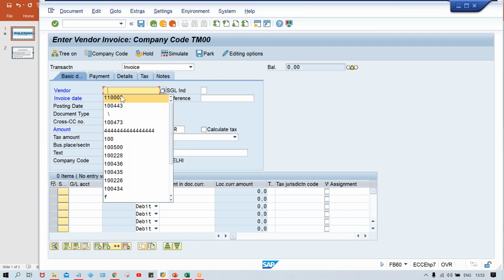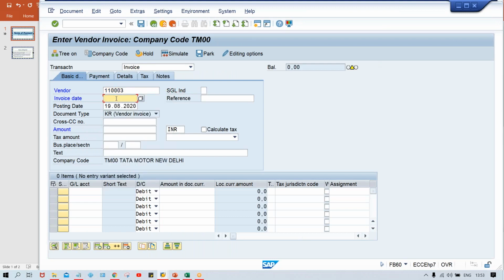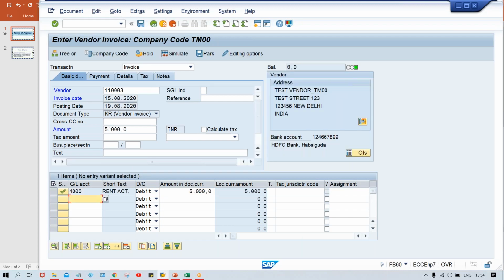now here give your vendor master number and invoice date. Let's suppose I'm going to give a different invoice date here. The posting date is 19th, so the invoice date I'm going to give is 15/08, and a particular amount. Any amount can be given. Let's suppose this is the amount I've given. If you press enter,